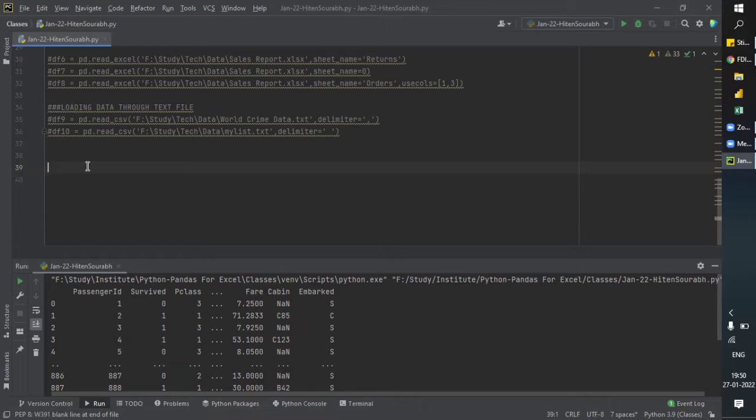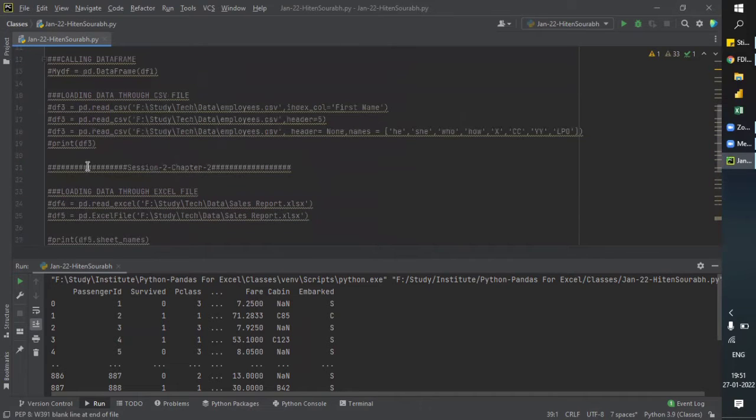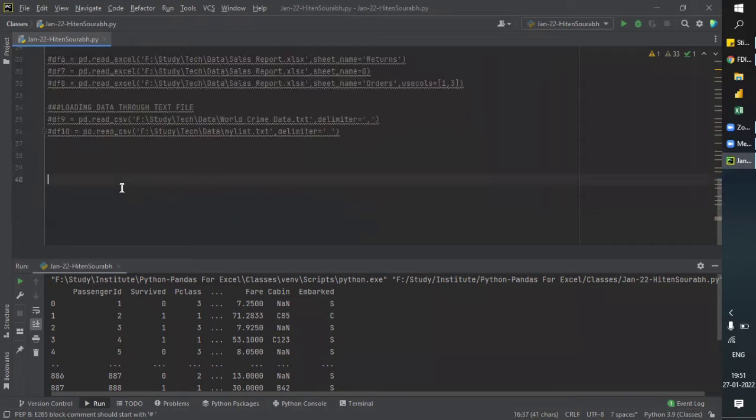Welcome to this session, and today we will be seeing how we can extract data from the web. So far we have covered how to pull the data from a CSV file, from text files, from Excel files, and we have tried a bunch of different ways to modify the data, like adding the index column, promoting a particular header, and so on.